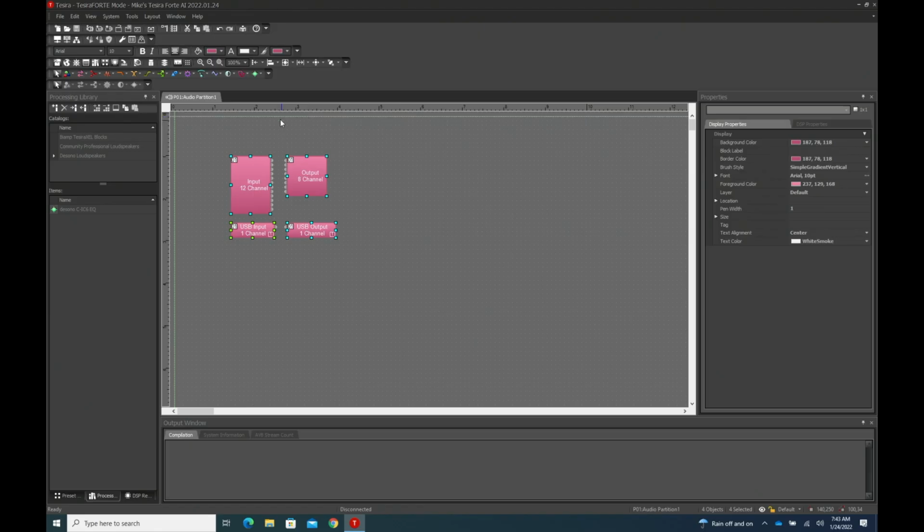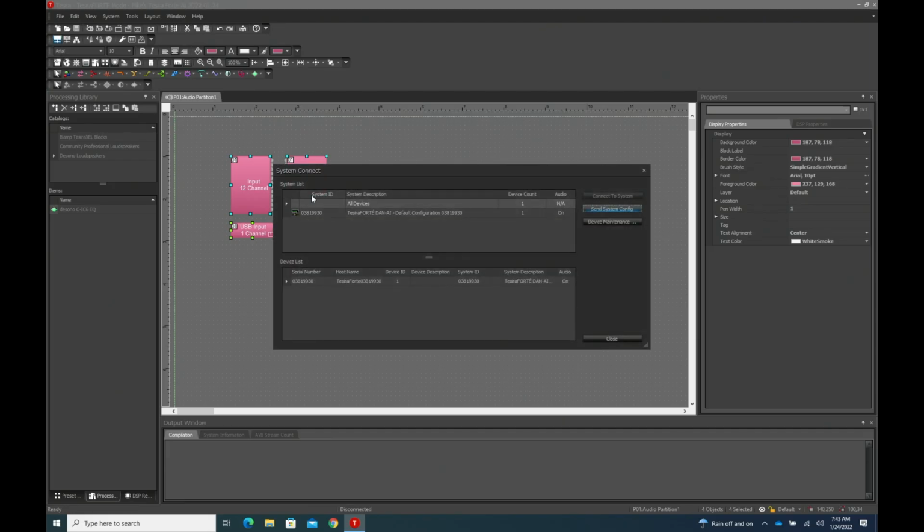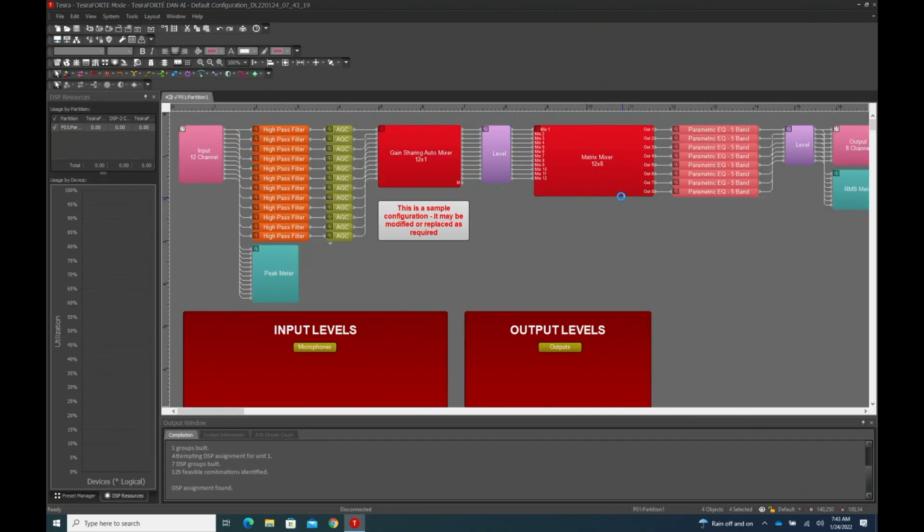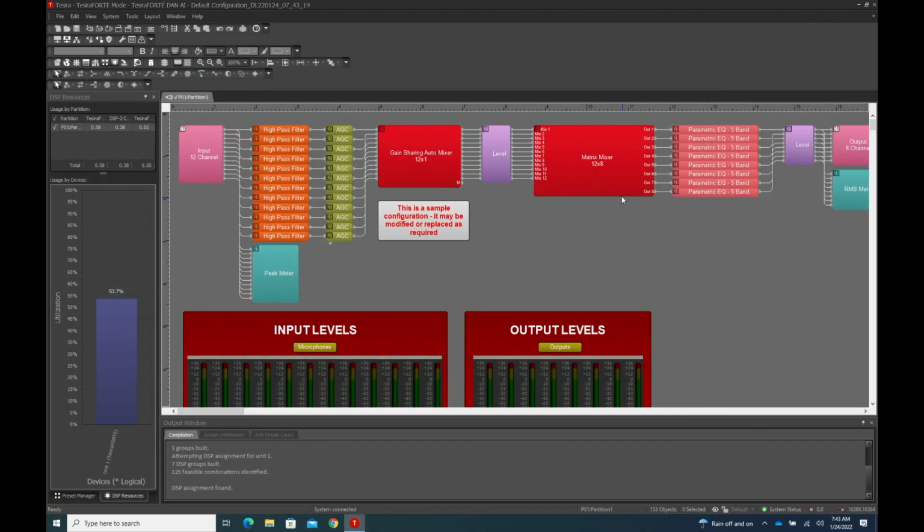Okay, so now I can go to the system and I can actually connect to it. Connect to system. Well, all right, so here we are. We can send the system config or we can connect to a system. Well, let's connect to it. See what happens. Oh, cool. It has this junk already built into it because that's how they come from the factory. Come with the input channels going into a high pass filter, automatic gain control, gain sharing auto mixer, level for